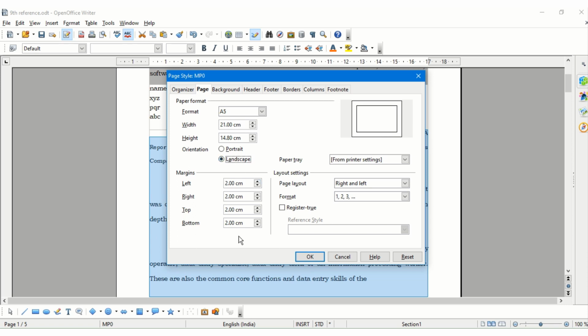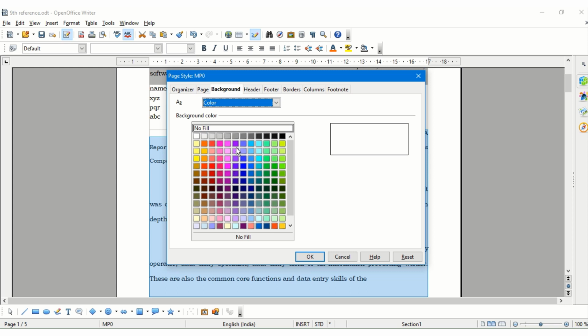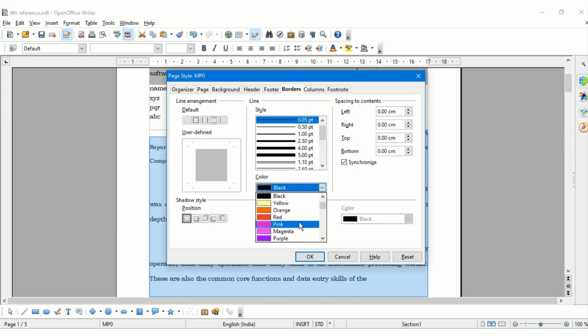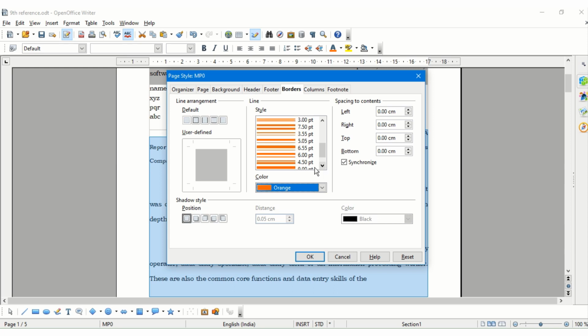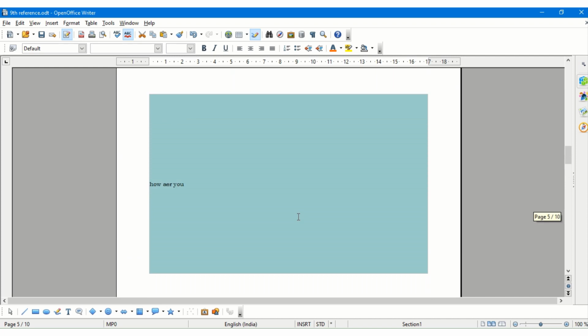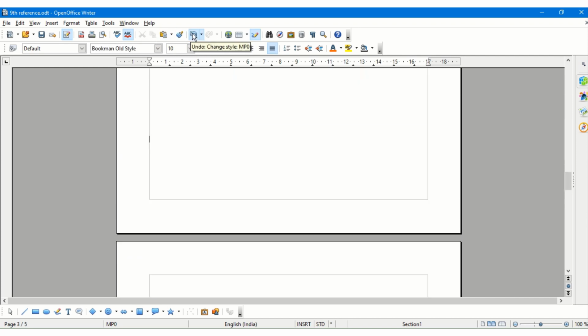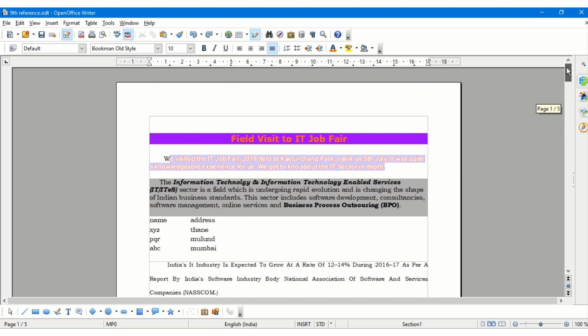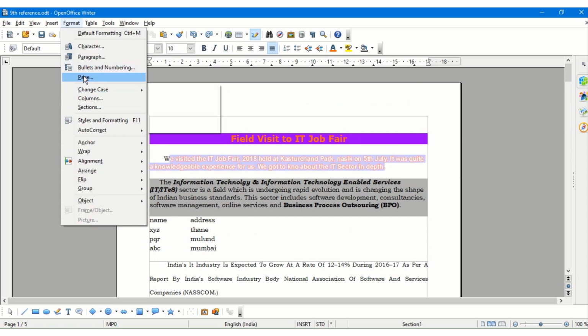Along with that, we can set our margin areas also through the page style dialog box. Here we can also select on the page, the entire page. If I want it for a particular background color, I can do that, and I can also give my page borders according to my wish. So if I want any particular border, I can select that border and set it as the bordering of my page. So this way I can do some of these features which are available to me. I'm just undoing it. So my page settings can also be done from the format page option.